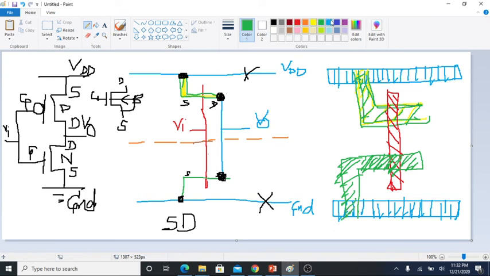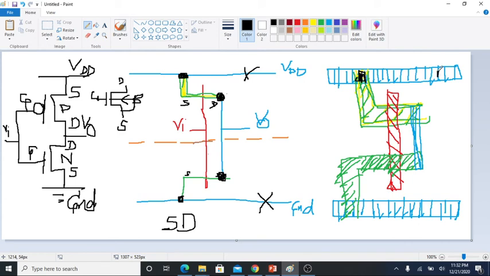And here at last what you have to make, a metal line for the output. So whenever you are making the metal, you have to make sure that the lines are straight. So these are the straight line that is showing the metal connection. And now what is left? These contact cuts. So contact cuts for layout are made up of square black. So you will make one contact cut here.